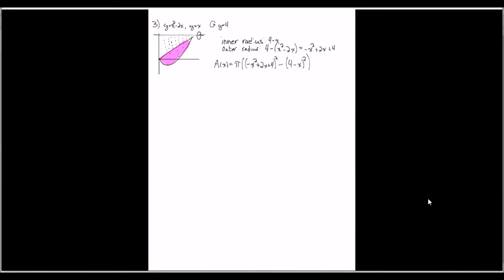So now finding the bounds on these, we can set them equal. We've got x squared minus 2x equals x. Again, you can kind of right away see that 0 is a solution, right? Then we've got this equation if you divide through by x, and that means that we've got 3, right? So now we can set up our integral. Let's go ahead and do the volume from 0 to 3